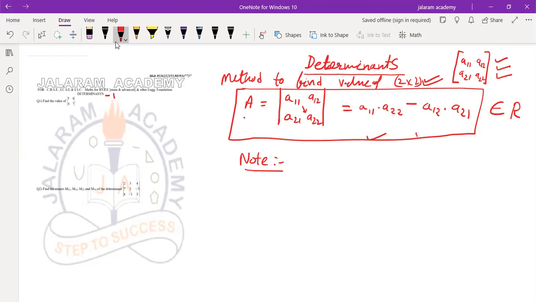Now write this method in your notebook. You have to make a separate notebook for the notes. Whenever you go for an exam, first read all the notes, then solve the sheets related to these notes, and you will be able to solve all the questions in that exam, whether it is board level or any competition. These notes will be useful as long as you study.